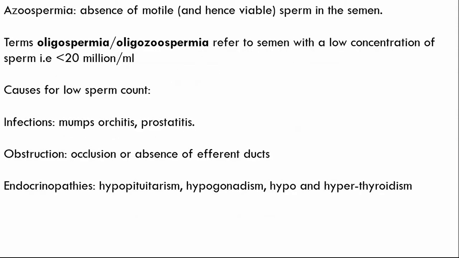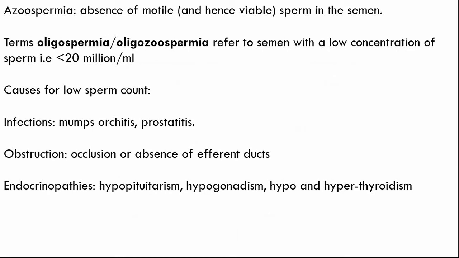We'll see the conditions here. Azoospermia. Absence of motile, and hence viable, sperms in the semen is called azoospermia. The term oligospermia or oligozoospermia refers to semen with low concentration of sperm in it, that is less than 20 million per ml. Causes for low sperm count are infection, obstruction or